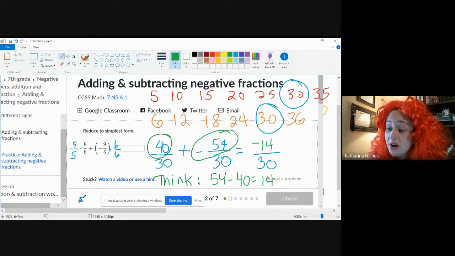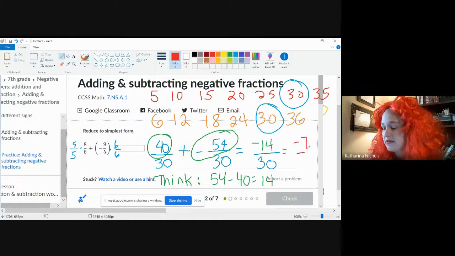Now those are both even, right? So I can actually divide them both by 2 to simplify my fraction. So -14 divided by 2 is going to be -7, and 30 divided